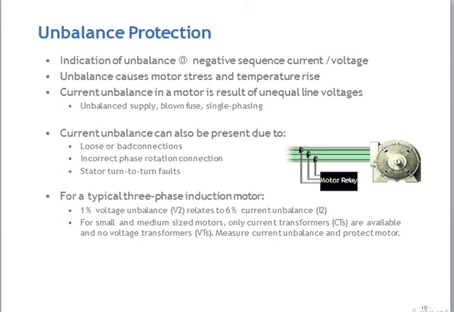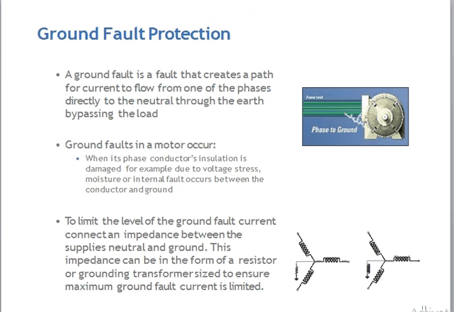Next you can see ground faults. A ground fault creates a path for current to flow from the phase to the ground, and that will damage the motor.